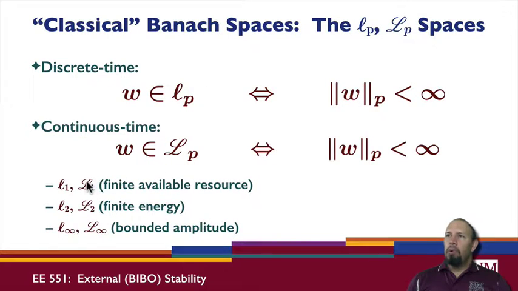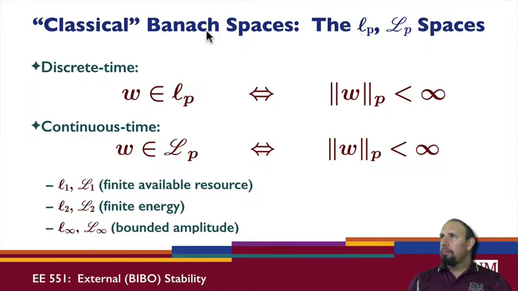So the three important Banach spaces that we will use most of the time are the L1, L2, and L infinity spaces. L1 is the space of finite absolute value (finite action) signals. L2 is the space of finite energy signals, and L infinity is the space of bounded amplitude signals. These are the most important